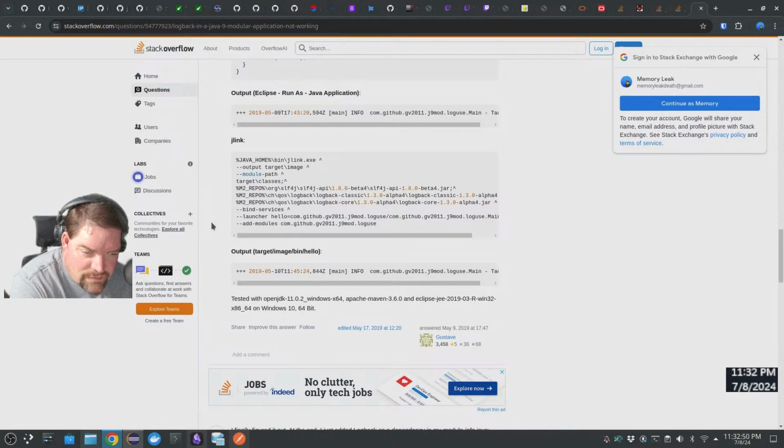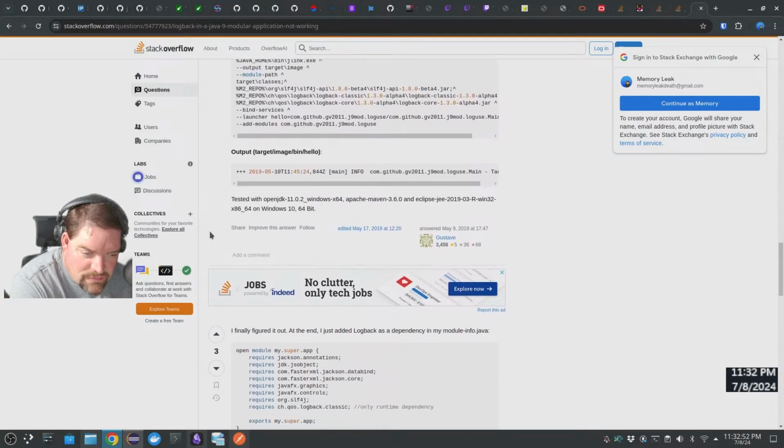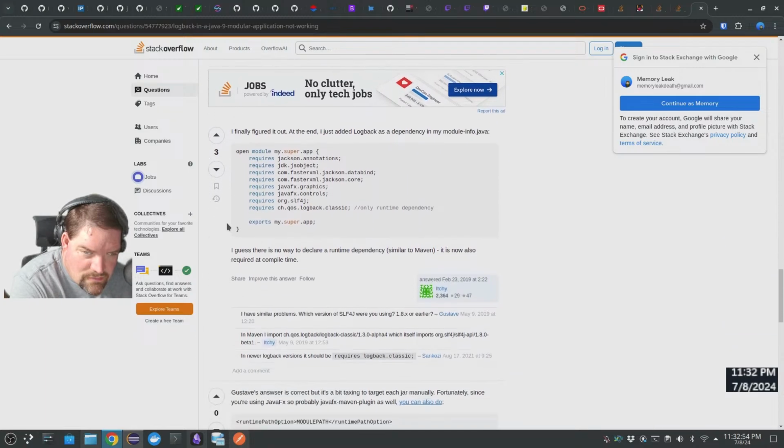Bind services. So I figured out in the end I just added logback as a dependency in my module-info.java. Okay, I mean that's